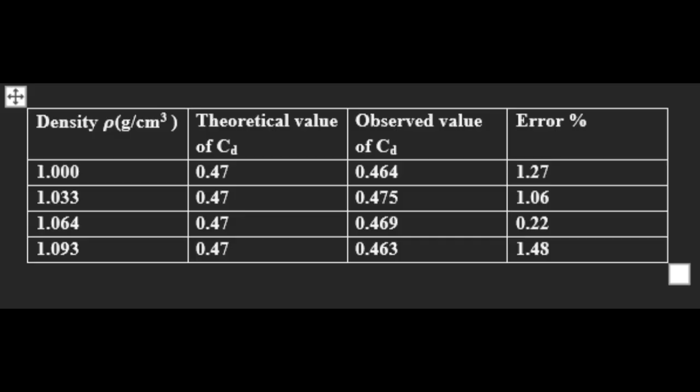These errors could be a result of incorrect marking while using the motion capture software and the limited ability of the camera to capture 60 FPS, so we cannot get a clear image of the object at each time interval. In conclusion, the theoretical value for the terminal velocity constant is 0.47 and is computed by using various variables such